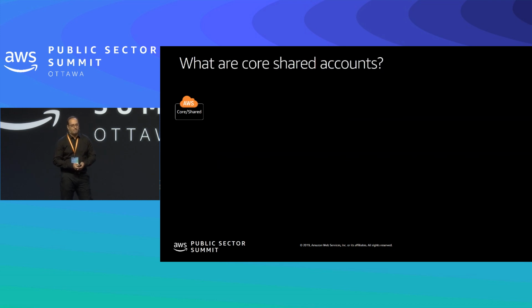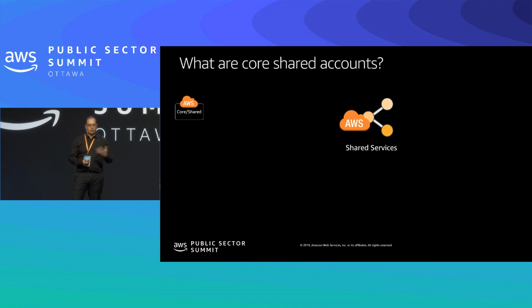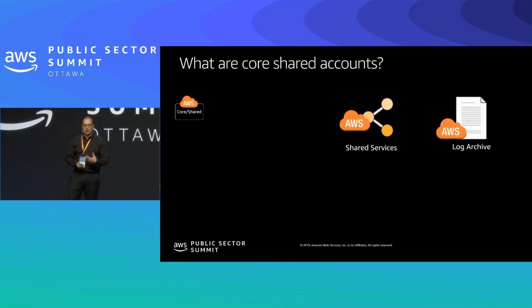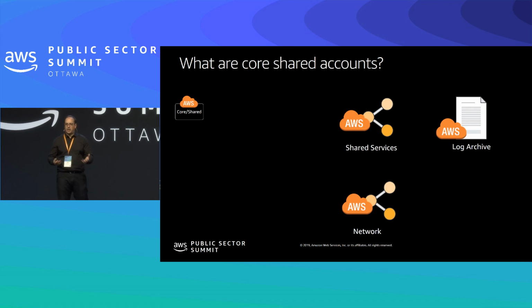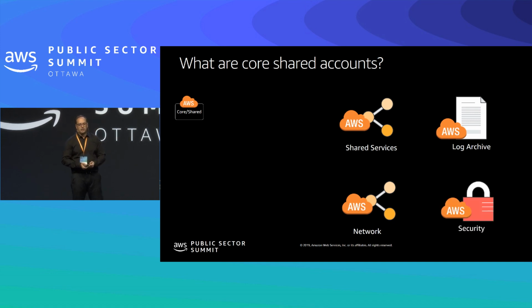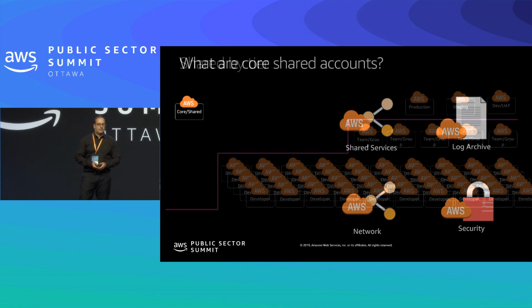Where do we start? Well, we call this a core shared account. We can create an AWS account dedicated for shared services, such as Active Directory or LDAP. How about a logging account where copies of all the logs get sent into one central location? Have you heard of Direct Connect? We can have a networking account dedicated to the establishment of that connection. And a security account where you can establish cross-account read-write roles that will have access to other AWS accounts that you create. And we'll talk a little bit more of this later.